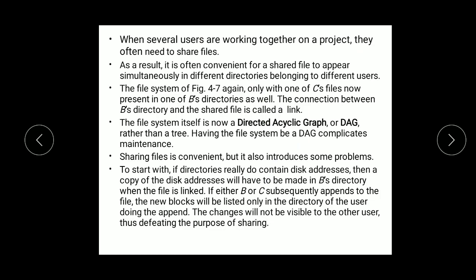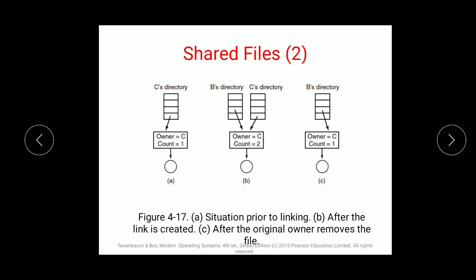That is, sharing a file is convenient, but it also introduces some problems. If one file is shared by three people over the same system, sharing could be easy and work could be easy, but it has problems also. That is, it has some disadvantages. If it shows one entry in B's subdirectory, it will show one entry in C's directory as well. But while making the directory entries visible to the user, it will replicate into two different entries of a single file. So that can be a problem.